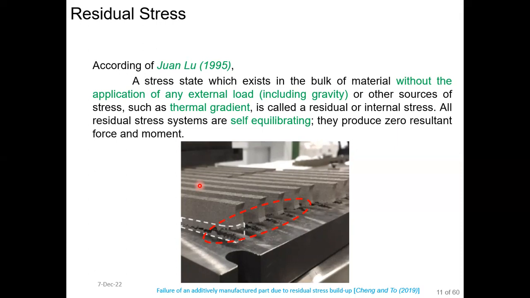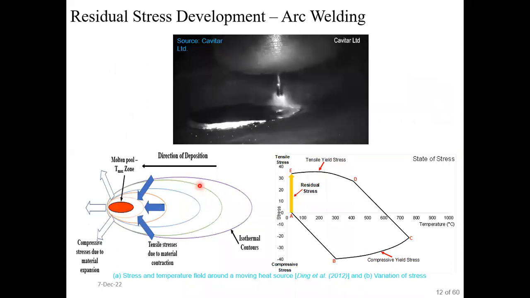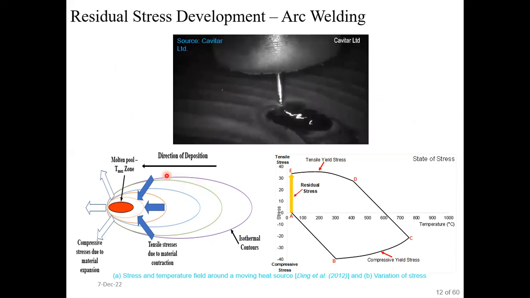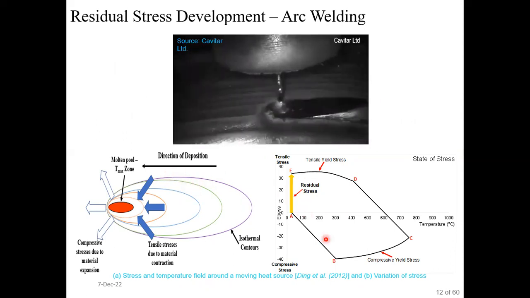While in application, those stresses can be harmful and reduce the service life of the component. Therefore, it is important to predict the amount of residual stress and the means to reduce it before the component can be sent for any application. In the wire and arc additive manufacturing process, this slide shows the mechanism of the formation of residual stress in the